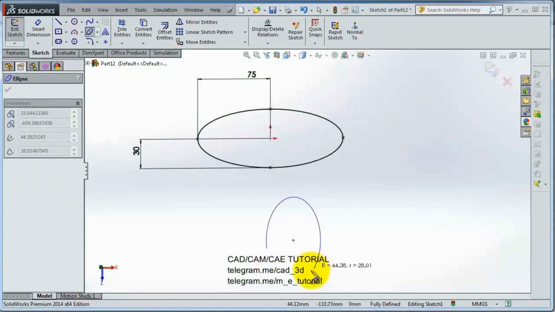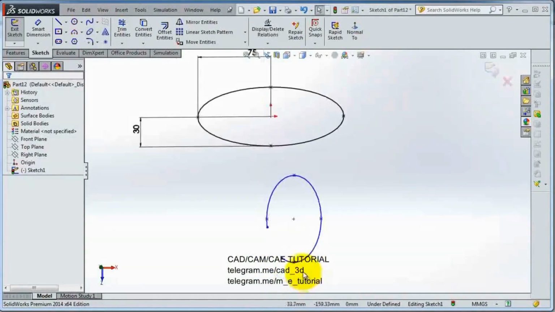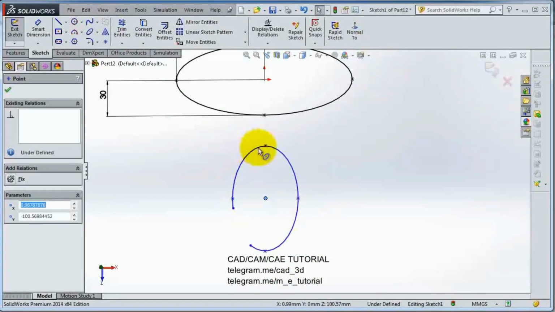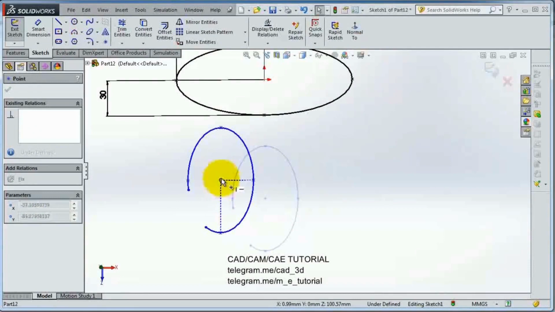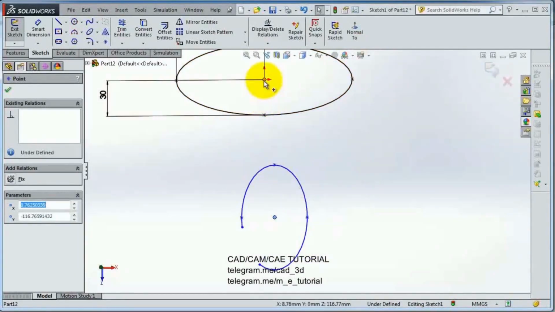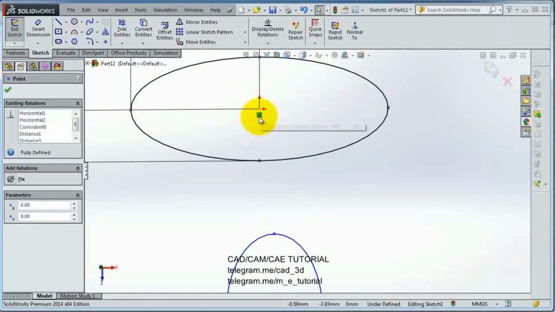So let's try the second type of ellipse, the partial ellipse. We are doing a partial ellipse, the same idea as the arc in a circle. Now when you are done with your partial ellipse, this is how it looks. So you are able to move your sketch if you click on that, but in this ellipse you are not